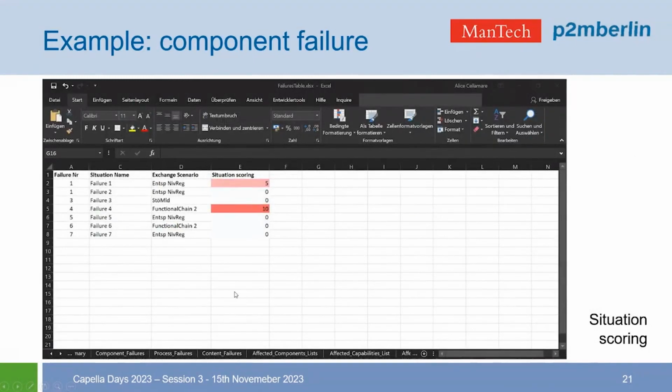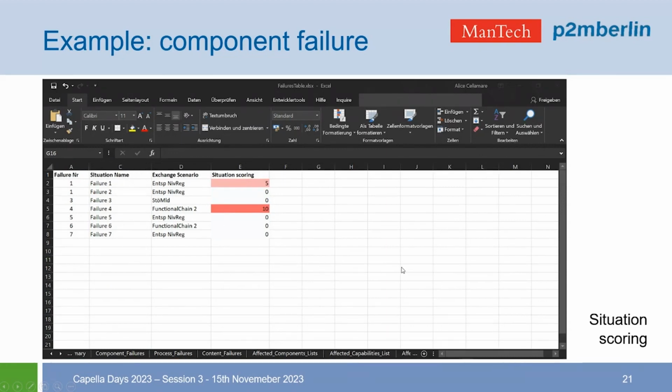This is what the output after the scoring would look like. For our component failure, we have failure 1 and failure 2, and we can imagine that a person would score the danger, let's call it, from failure 1 as a 5, since it will lead to overflow of the tank, and failure 2 with a 0, because it would not lead to the overflow, being the valve open. And then we have several other failures that we worked on in our example. For example, another one might have a 10, because the consequences are more dire.